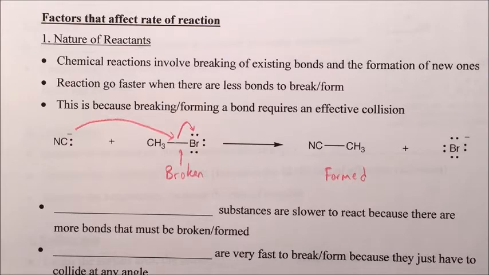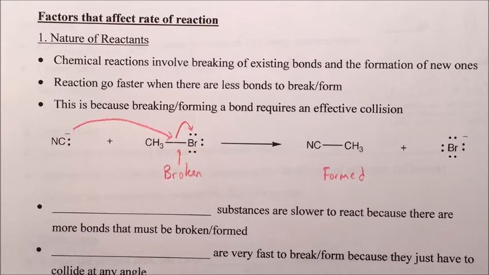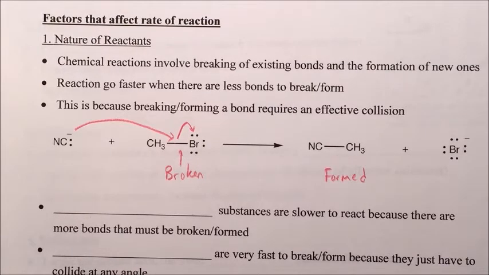So, next we will turn to page 3, where we will go into the factors that affect the rate of reaction. The first one that we have here is the nature of the reactants. Basically, we're saying that it does matter what kind of reactants we're working with. So for this we need to recall that chemical reactions involve the breaking of existing bonds and the formation of new